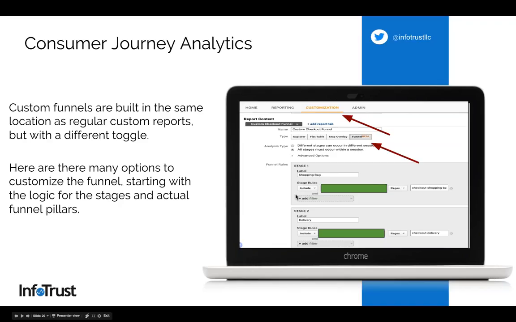And Google will automatically calculate the volume at each stage and the percentage between each stage to visualize and show you that report in the custom reporting section. It's pretty powerful. So if you have GA360, this is a really cool way to quickly visualize different user navigations or user flows.